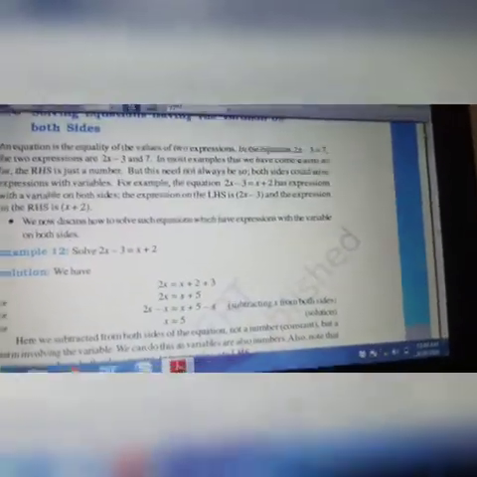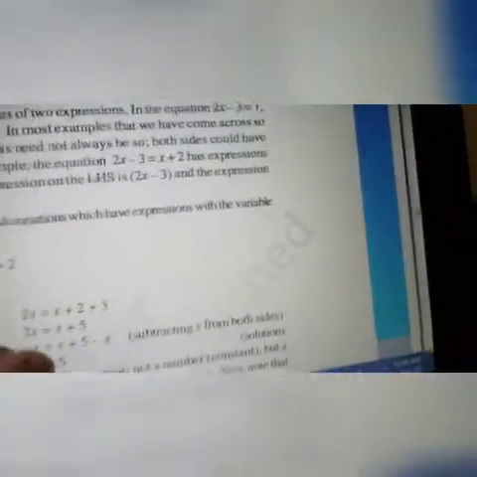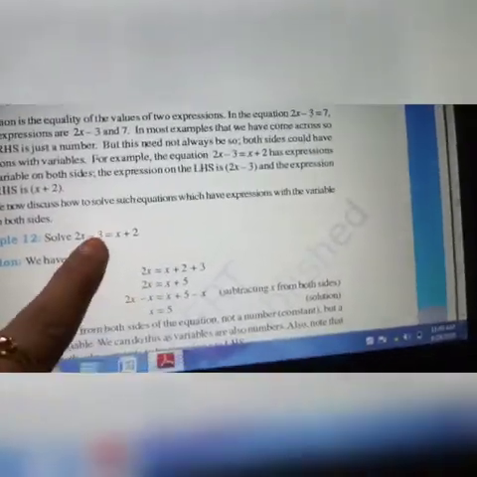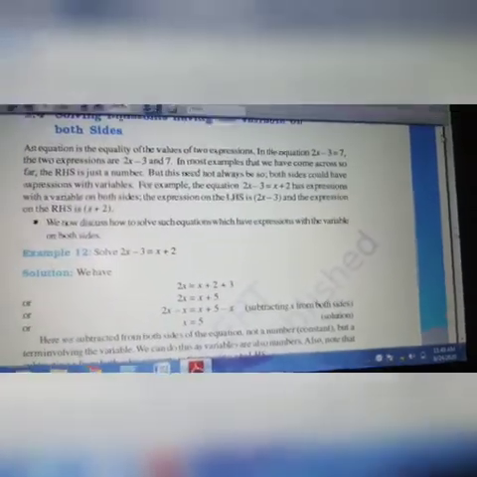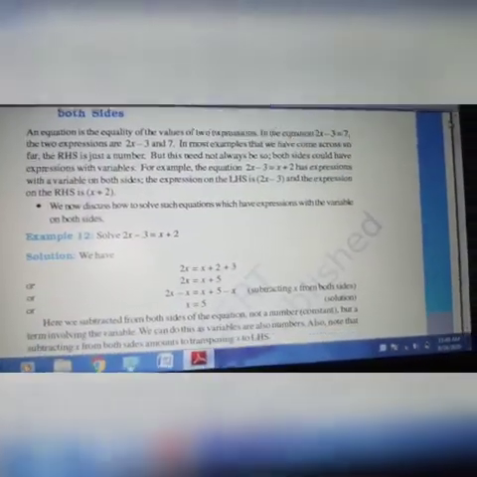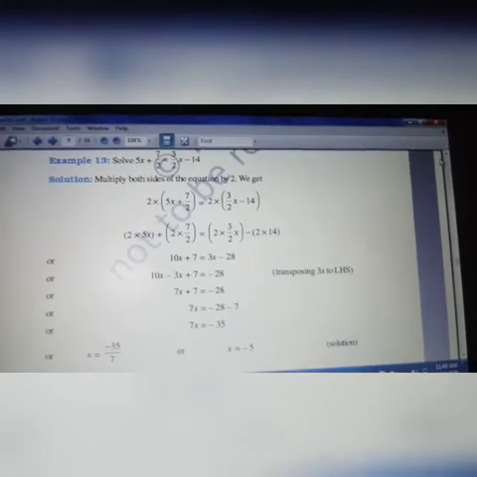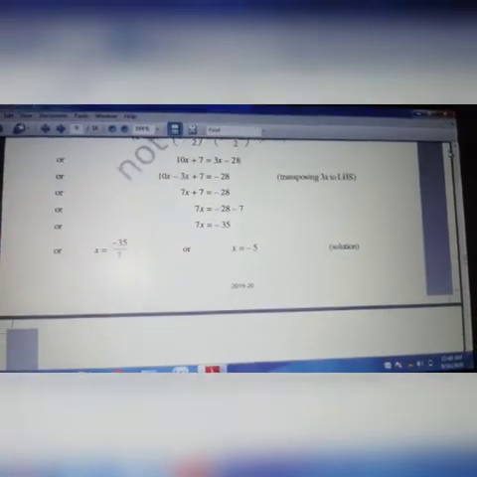So what you are doing is, bring all the variables towards one side and constants towards the other side. Then you can find the solution. After finding the solution, you can substitute in the equation and find whether our LHS and RHS are equal. Only then you can get a correct answer, because you can verify it yourself. Only if it is verified is the answer correct. Here also we have an example problem.